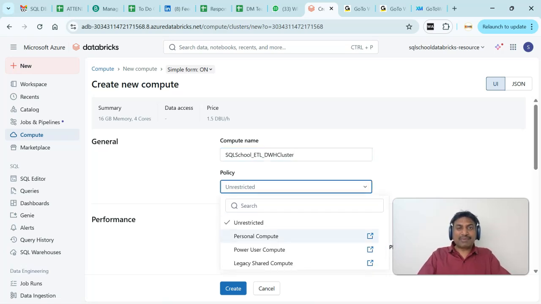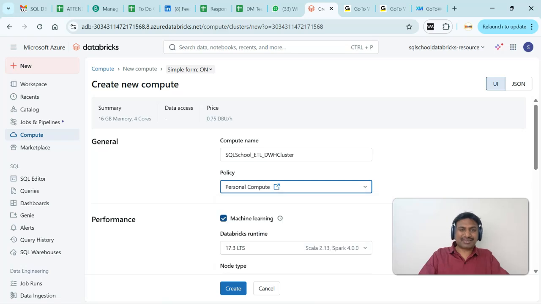Policy should be personal compute, meaning it is actually intended for free accounts. If you are practicing Azure Databricks with the 14 days regular free trial, then this is the best option to choose and your cluster should work. In case you get any warning here,